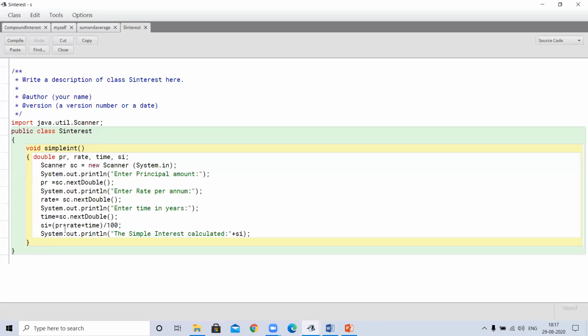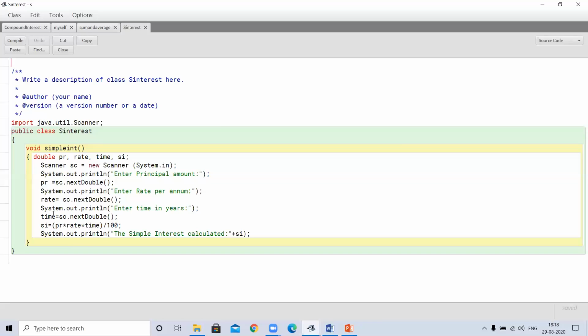SI is equal to PR into rate into time, principal into rate into time, and after the multiplication we will divide by 100. You can see here PR into rate into time I have written in the bracket, because after the multiplication these all will be divided by 100.